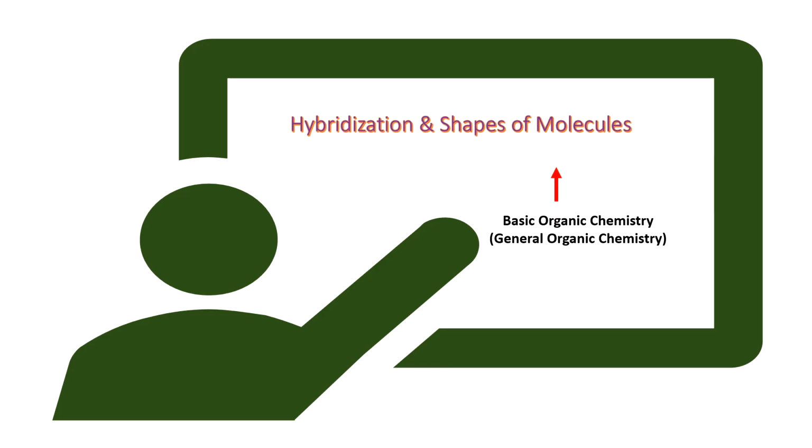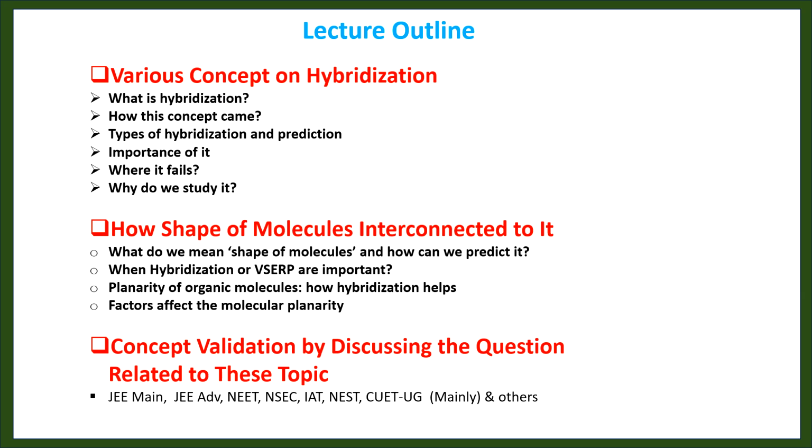Today we are going to talk about a topic in basic organic chemistry, and that is hybridization and shapes of molecules. This is the outline of today's discussion. We will talk about the various concepts of hybridization, and also how this concept came, the types of